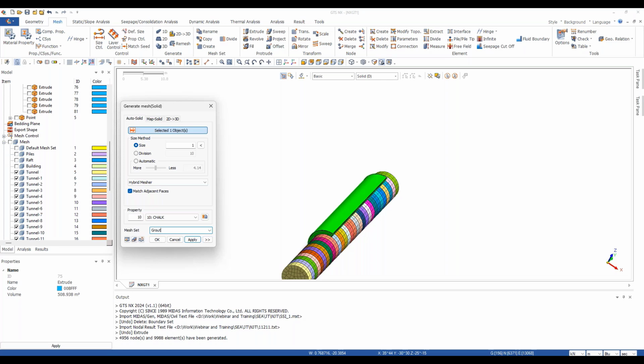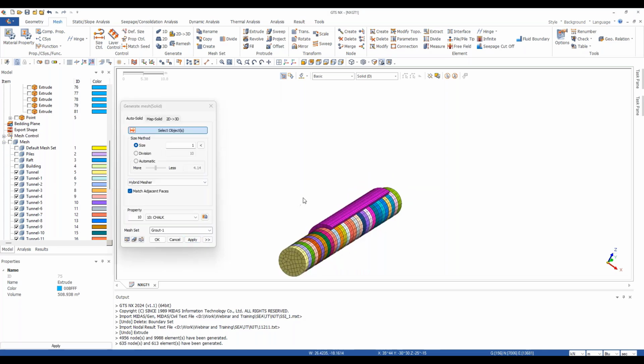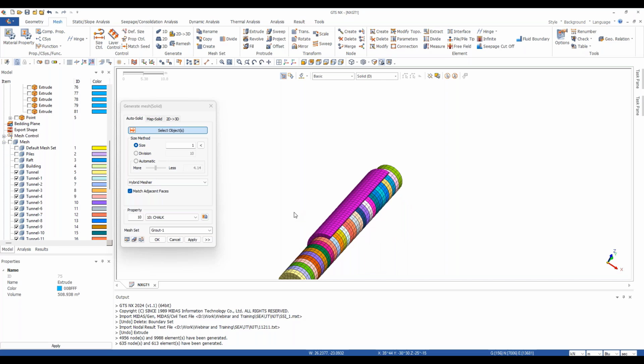For example, we will excavate the tunnel, then we'll put the liner, and we will change the property of this grout element to the grout property that we have defined. I'll explain that in the later stage. I'll just say apply. See, here we have created a grout as well. Okay, now the remaining things are